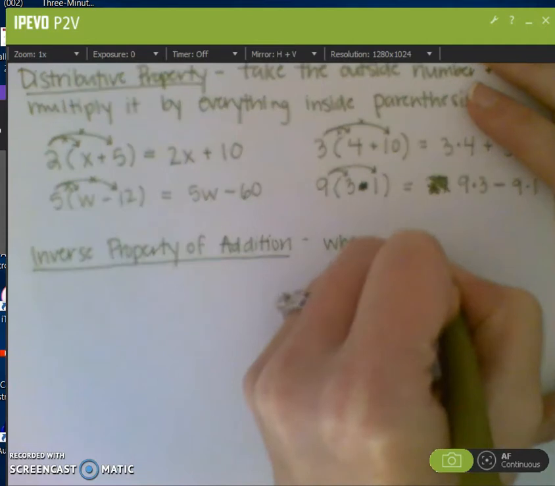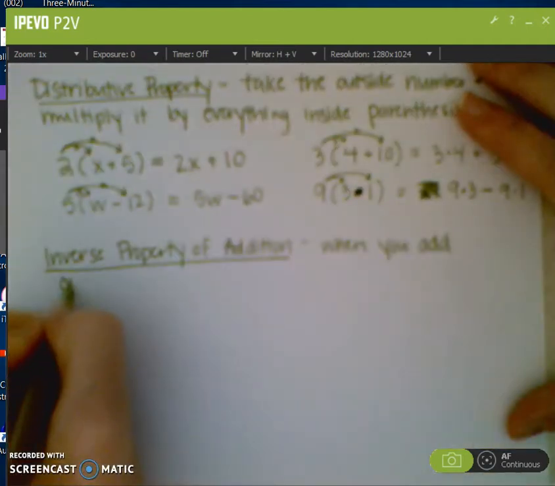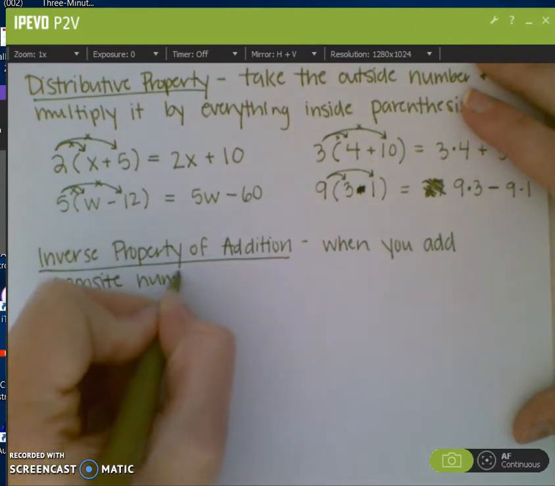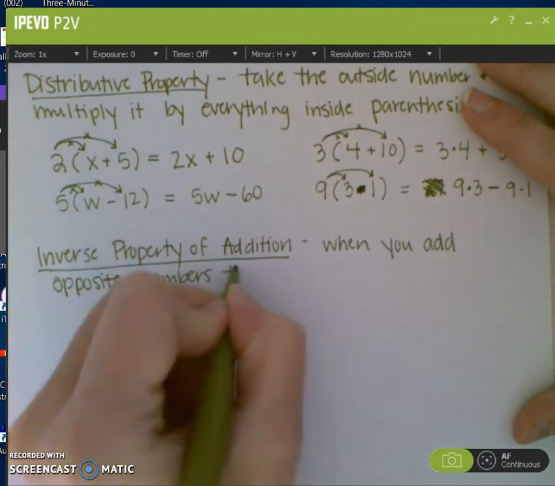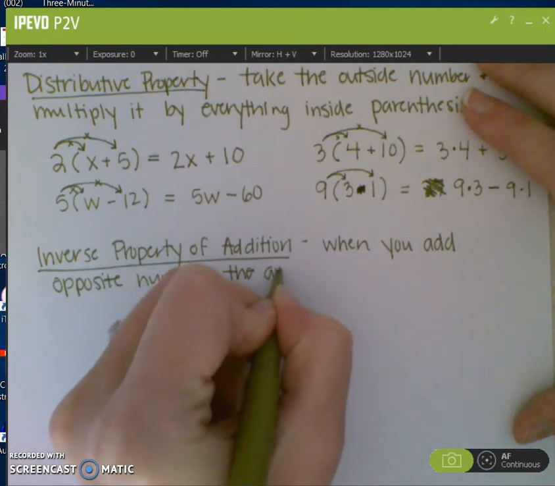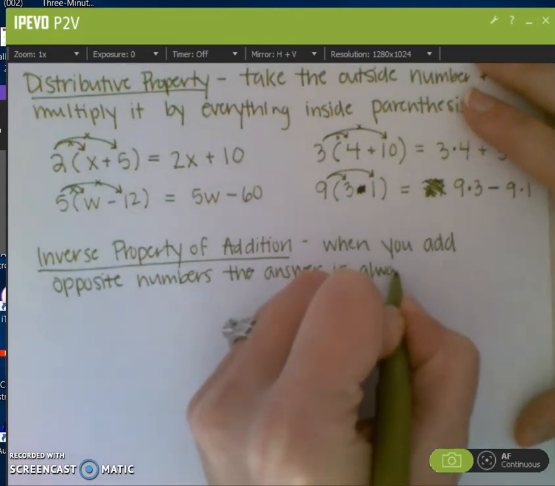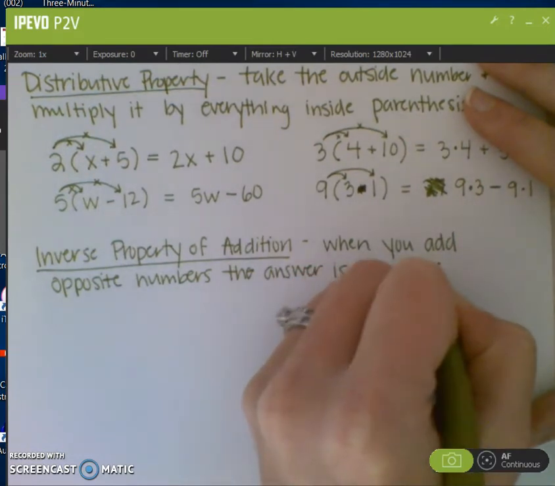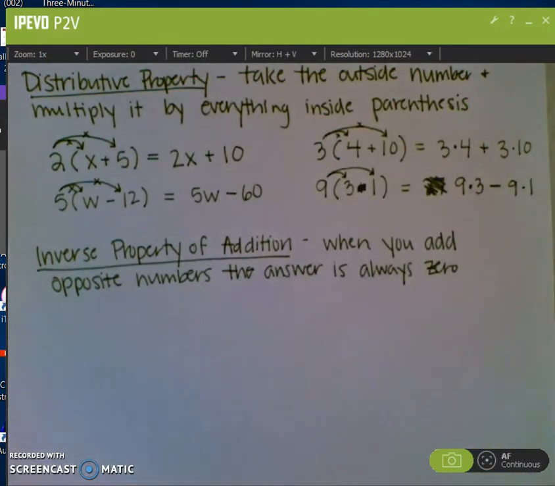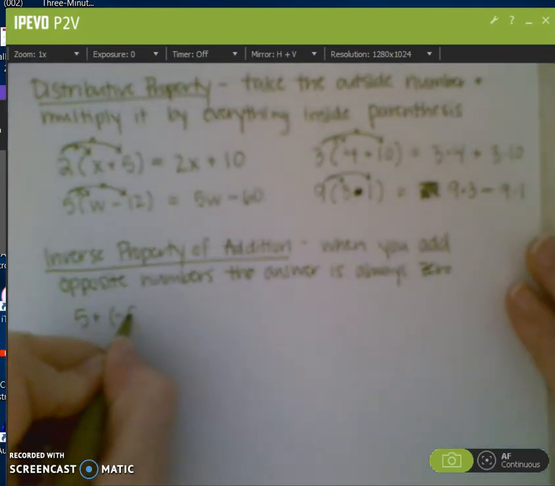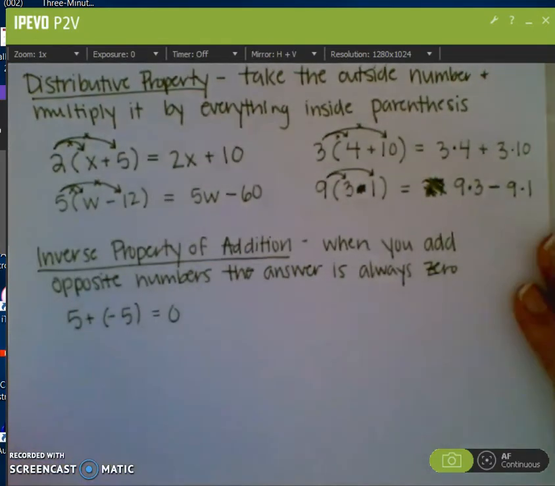When you add opposite numbers, the answer is always 0. And what I mean by opposite numbers is, one of them is positive and one of them is negative. So, for example, you could have 5 plus negative 5, and those two are opposites, so they equal